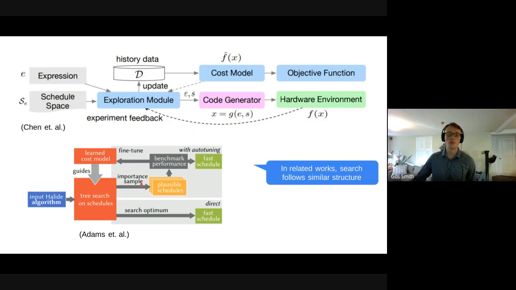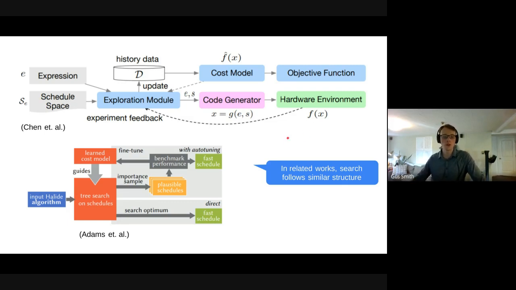There's generally some element of exploring and selecting a space of configurations, running them through a cost model, doing some kind of experiment, and then using the feedback from that experiment to both improve the cost model and also choose the next set of potential candidates. So this is a typical format for these searches.